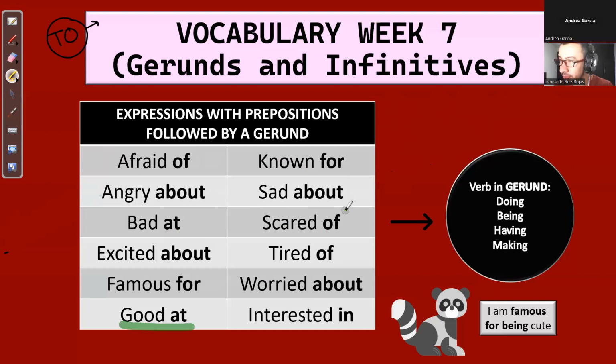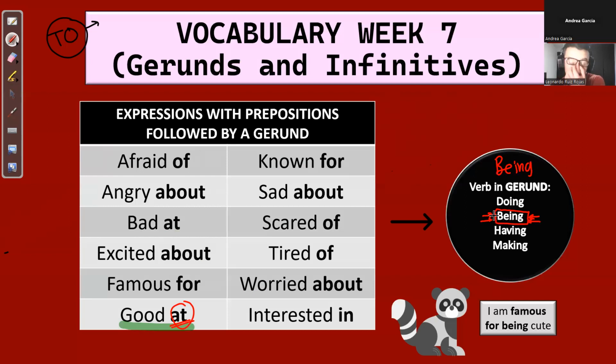Teacher, I am good at to be more disciplined. I am good at what? To be very disciplined. Good at, you have the preposition, so you no longer need "to", yes? I am good at doing... being, right? Even the verb to be has its infinitive form: it's literally be plus ing, so being, right?